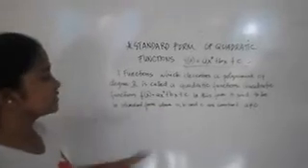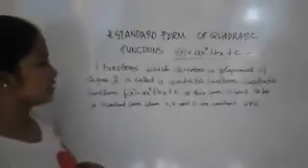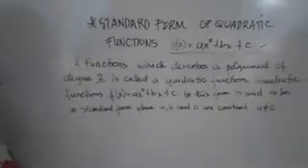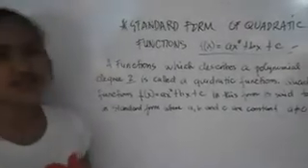f of x is equal to ax squared plus bx plus c is said to be in the standard form, where a, b, and c are constants and a is not equal to 0. For example,